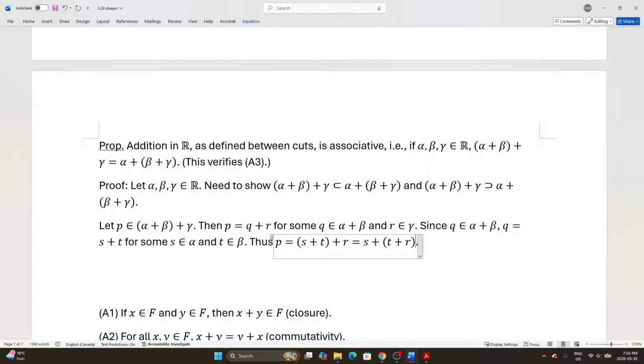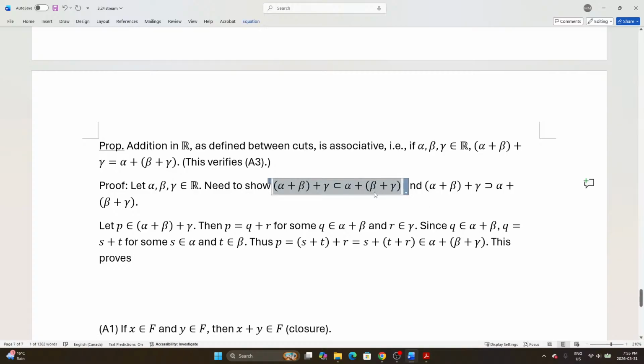So this is immediate. S is from alpha, and T plus R is from beta plus gamma. So P is in alpha plus beta plus gamma. All right, so therefore P is in the set, and this proves